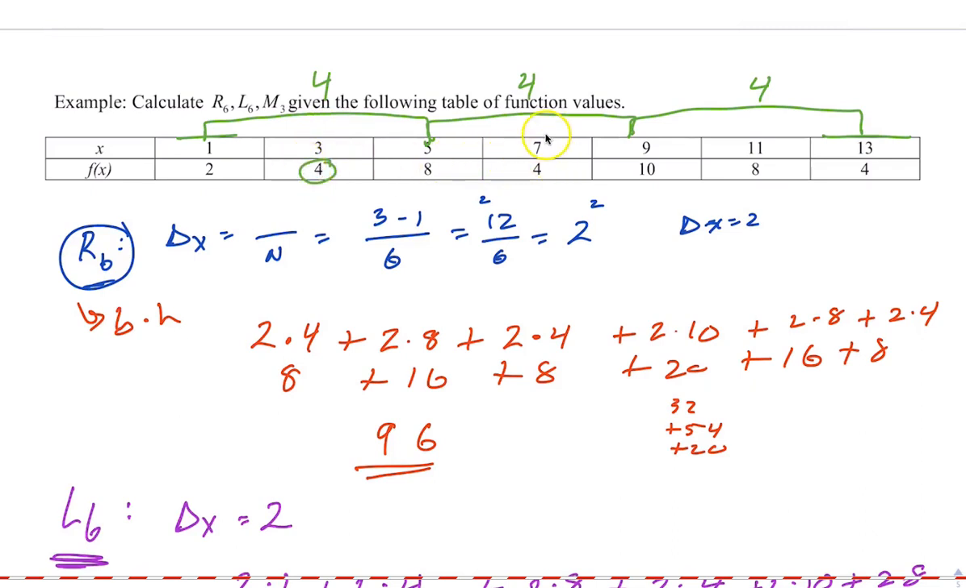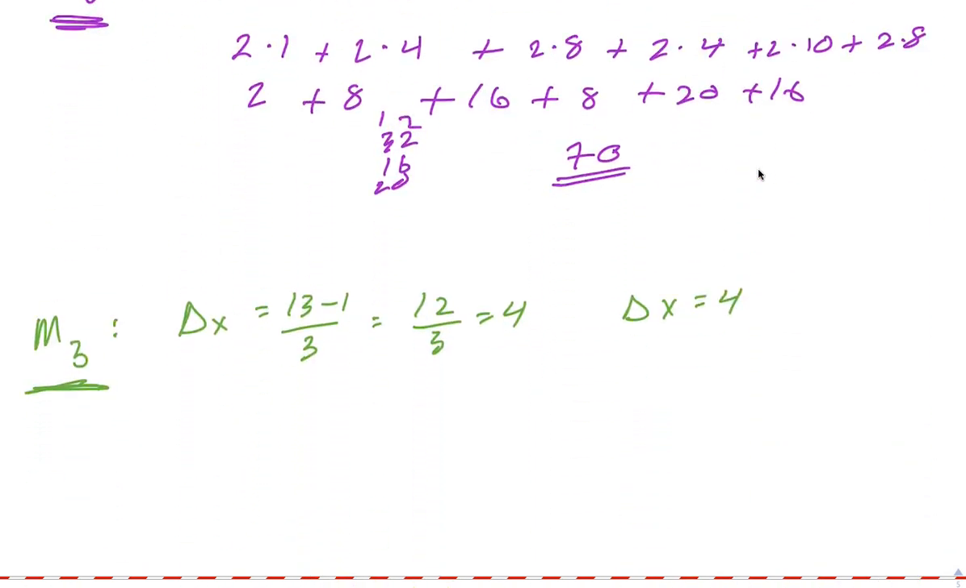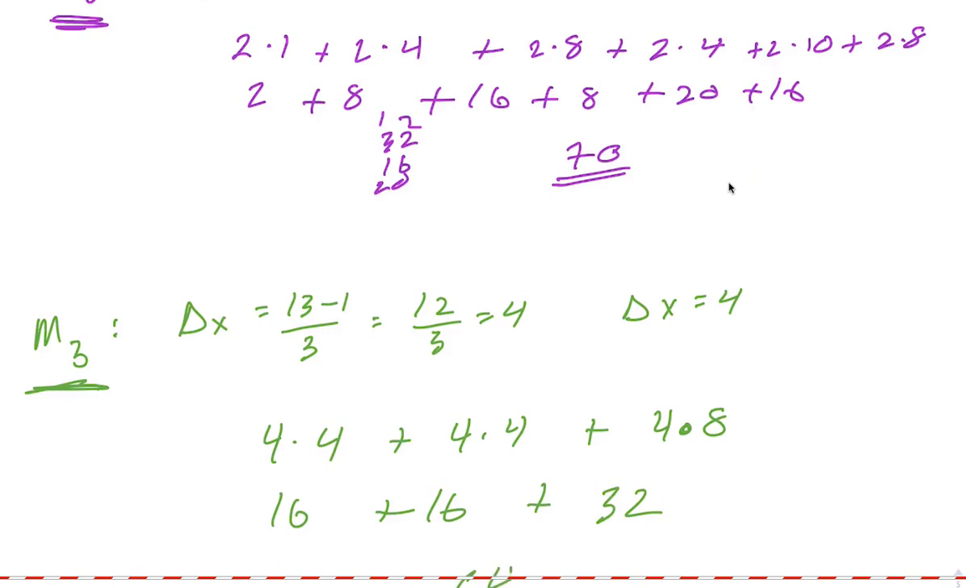The one right here, right? Again, use the midpoint, 5, 9. The midpoint is 4 again. And then right here, 9 to 13. Okay, so distance is 4. What's the height? Use the midpoint, 11, which is 8. So 4 times 4, 4 times 4, 4 times 8. I get 16 plus 16 plus 32. So I get 64. So that's how I do M3,